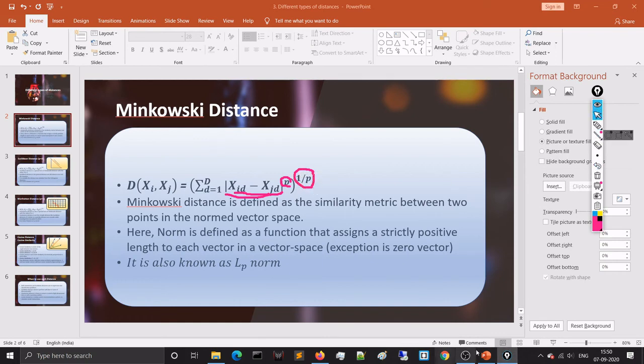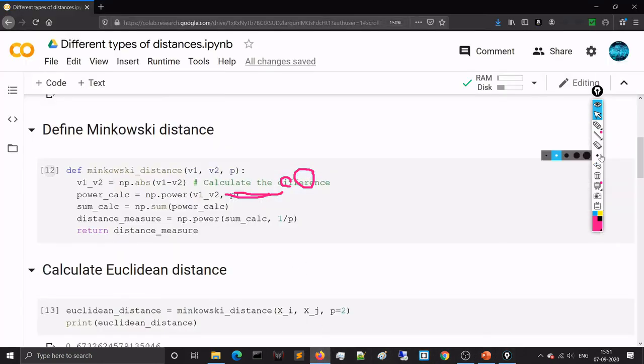This is the simple thing I have done here also: first the absolute difference, then the power p, then the sum over all the dimensions, then the power 1 by p, getting the distance measured, right?